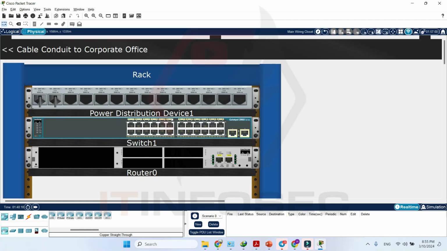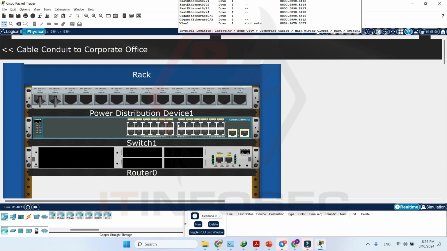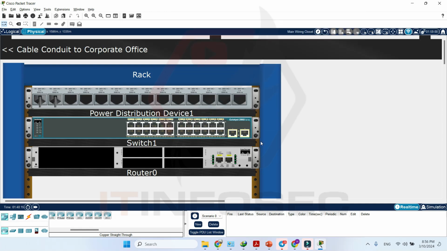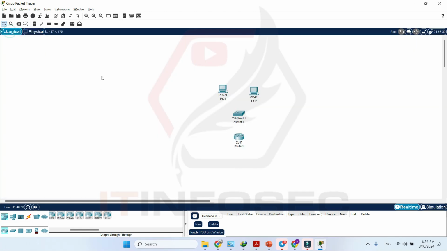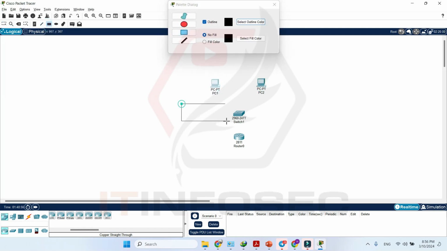But this is so real, just like real networks. Maybe you can see it in some organizations, in some networking racks, and so on. Let me go to the logical view and we'll come back to physical again. Well, let me draw a VLAN area, for example, like this, and name that